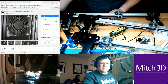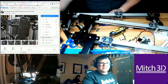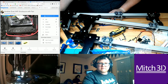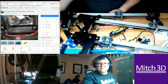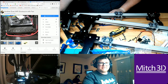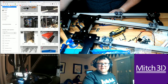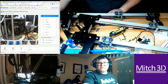So this looks like, oh, I like that idea. It has the cabling come out of the little hooks on the side. It takes an 80mm fan. You jogged the Benchy? What does that mean? Oh, cool, it's OpenSCAD, so I can edit it. Yeah, I might bookmark that. Wait, so you mean jog, like...